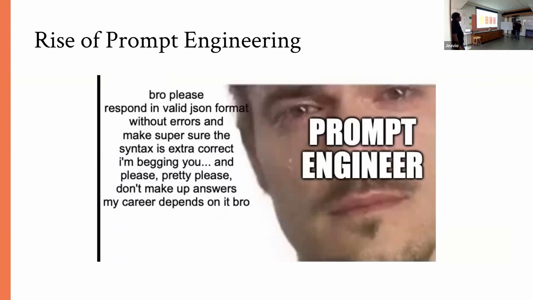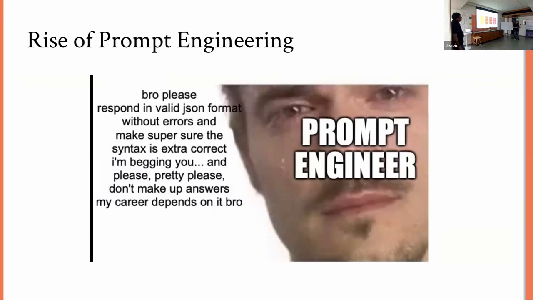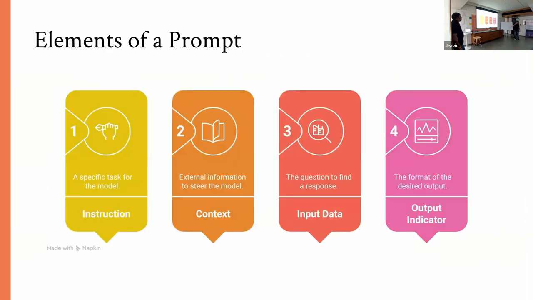So these are the elements of a prompt, that is, how a prompt should be written. You have an instruction that says what you want the LLM to do. Then you have a context that you provide to set the tone of the model, that is, how you want the answer to be. You provide the input data so that the LLM can get the answer on the basis of that input data. And then you also have an output indicator, so that you tell the LLM that you want the answer in a particular format, based on the use case scenario. We'll deep dive into each one of them one by one.